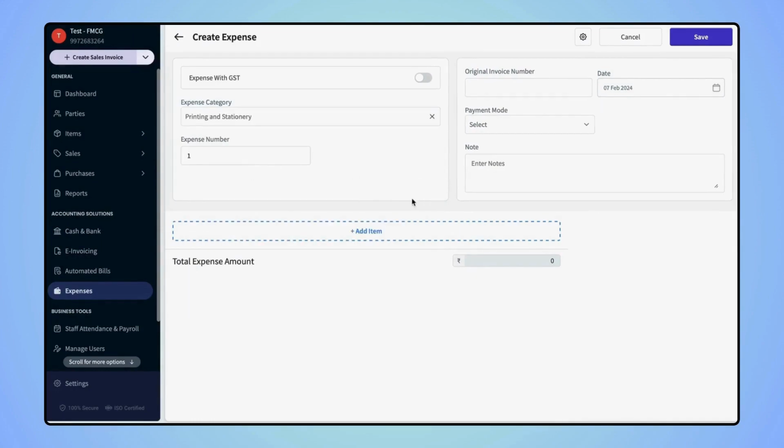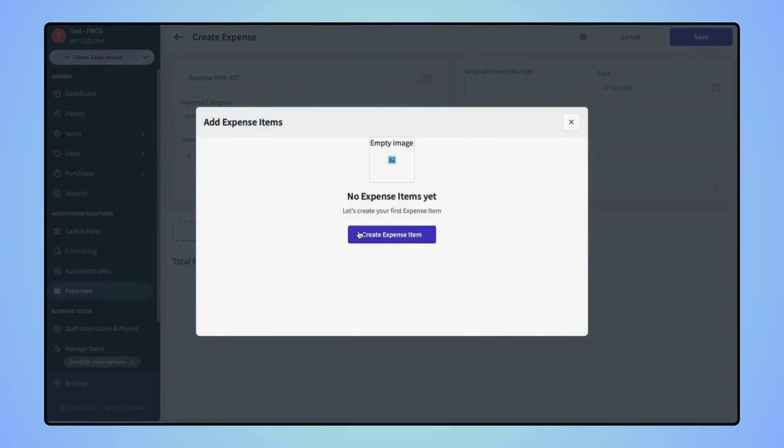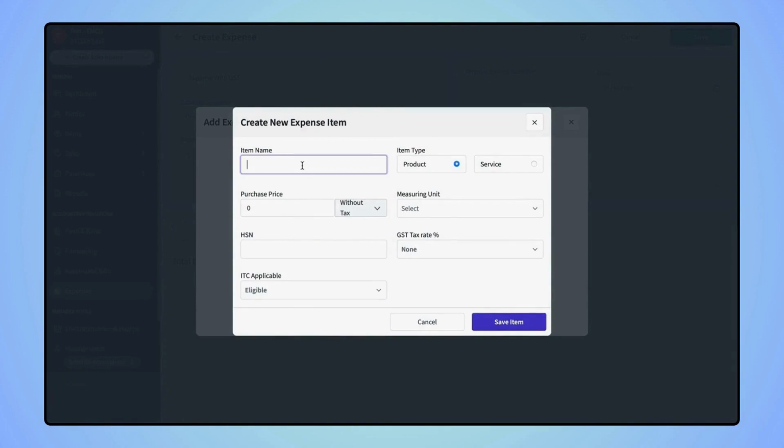Next, you have to add the items. Click on Add Items, and please note these items are different from your inventory item. As you can see here, I have not added any expense item, so I can create a new one. Click on Create Expense Item, enter the name, let's take printer,